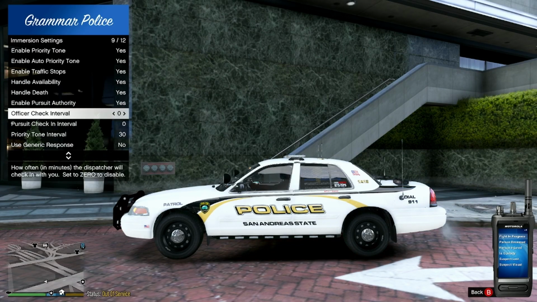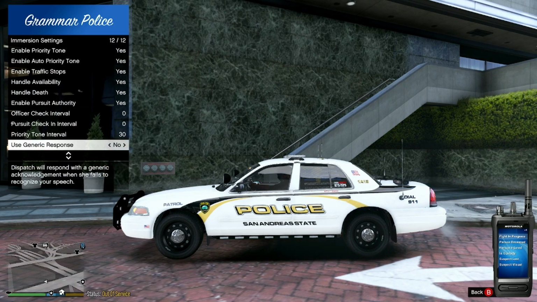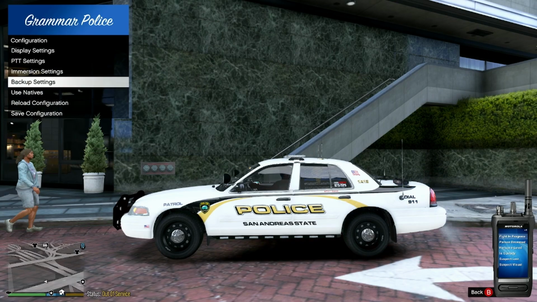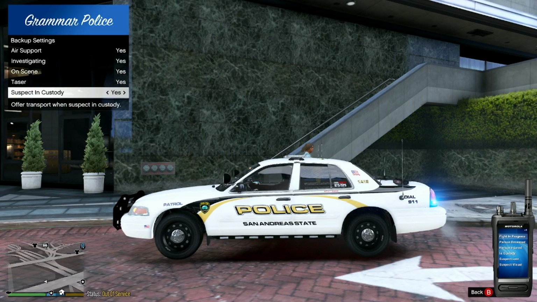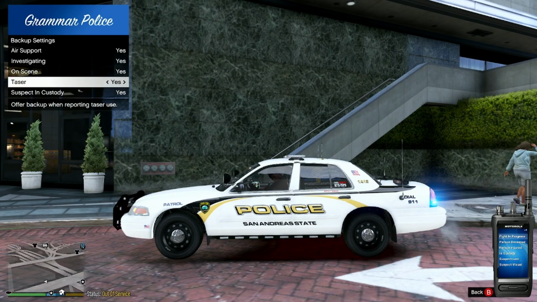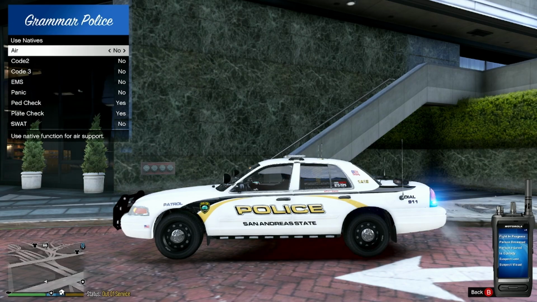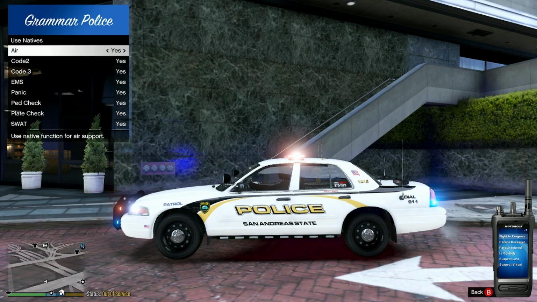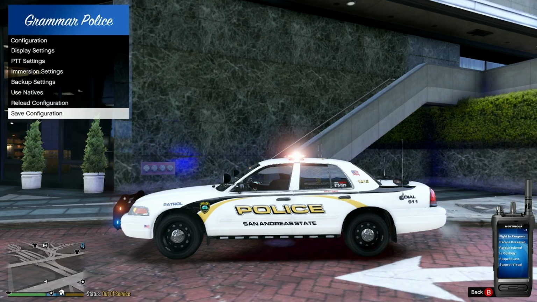As the bottom 4 here, or the bottom 5, is it 4? So this one you can go ahead and experiment yourself and see whether you like it or not. But personally, I don't like it, so I'll just leave mine at 0. For this one, I'll just go ahead and say true everything. Over here, you can go ahead and just leave this one all true, all yeses, if you wanted to. And then here you can go ahead and reload the configurations, but I'm just gonna go ahead and save mine